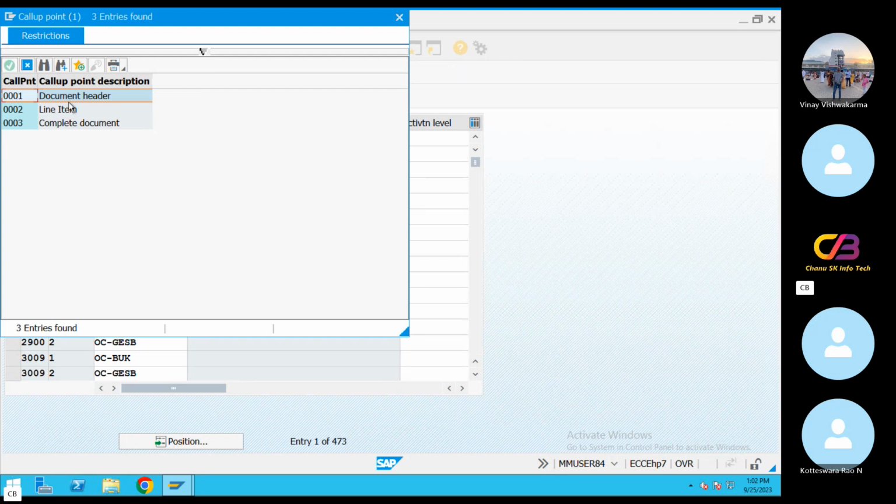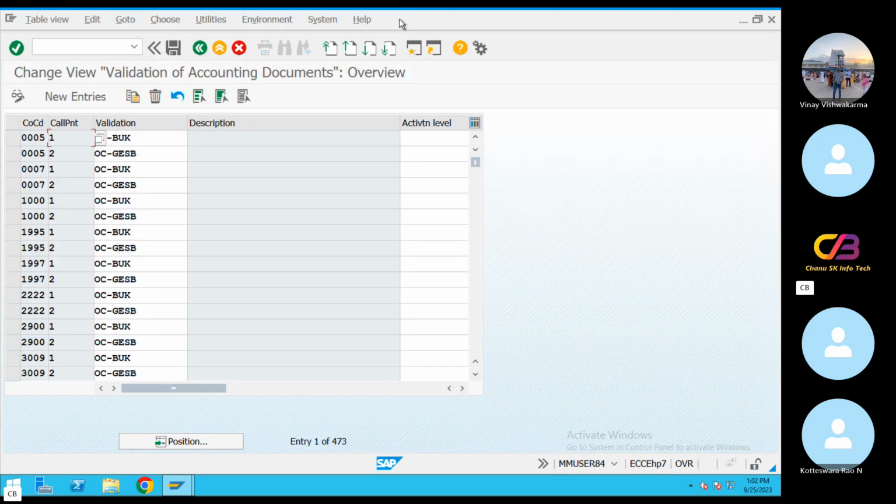Call up point means 001 is a document header level, 002 is document line item level, and 003 is the complete document. So you want to set this validation for document header, document line item, or complete document. Which level you want to set up, that thing we need to